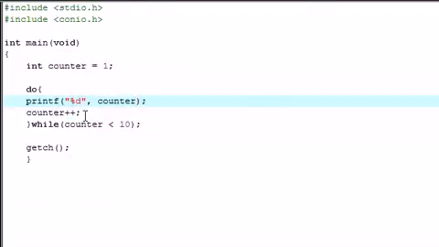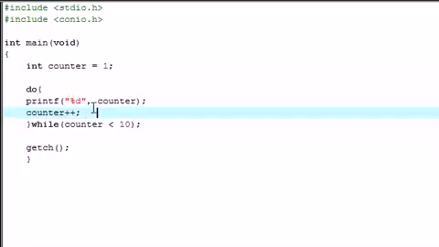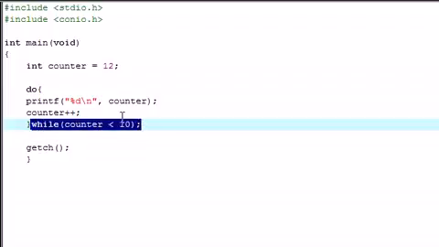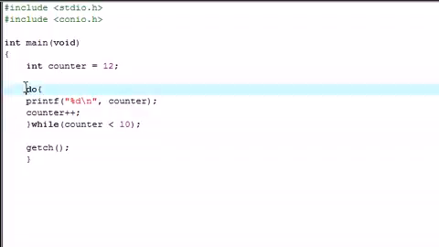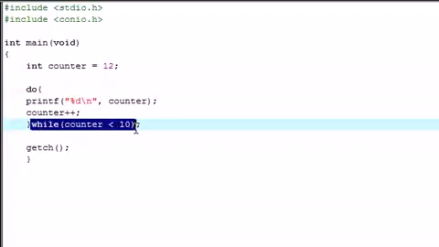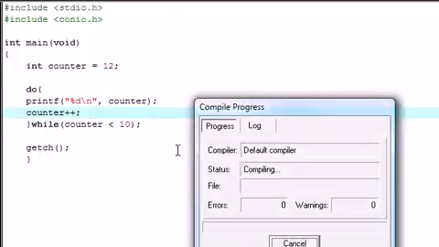And if you're saying, alright, this is pretty much the same thing as a while loop, well, you're right and you're kinda wrong. In this case it does the exact same thing, but I want to show you guys the main difference with a do while loop. Say the counter is 12, which is greater than 10. So if we had just a while loop with this test condition, it wouldn't run at all. But since we have a do while loop, it's going to do this at least once, and then it's going to check for the test right here, and it says, alright, this test is false, so I'm not doing this anymore. So let's go ahead, compile, and run this right here,